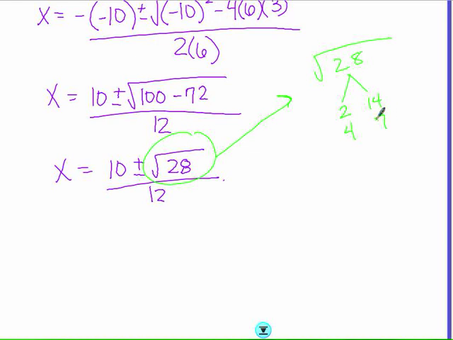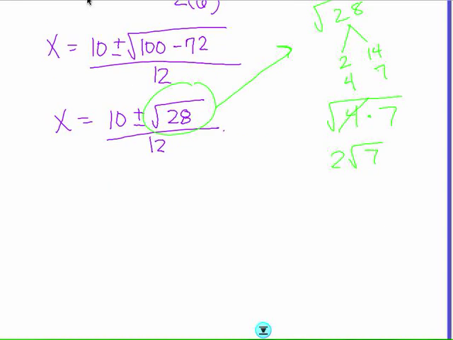So if that's the case, I want to pick the one with the biggest square. These are not perfect squares, but these are. So if I rewrote it as 4 times 7, I know I could take the square root of this 4. So if I did that, I'm left with 2 root 7. So back to this. I would say x equals 10 plus or minus, now I'm going to use this, 2 root 7,